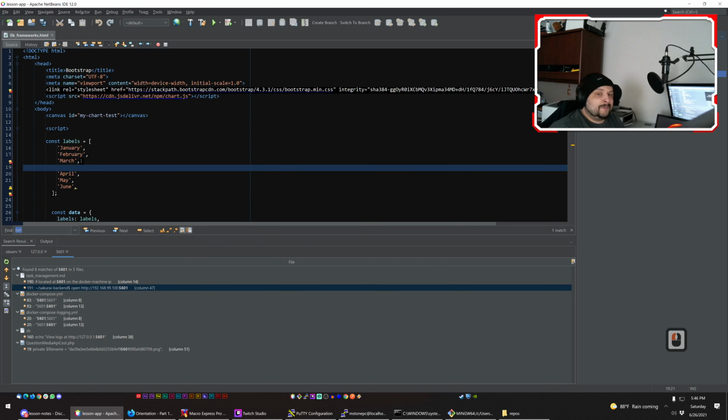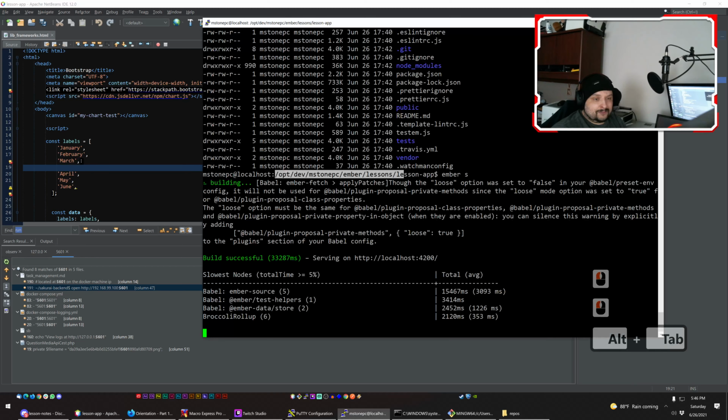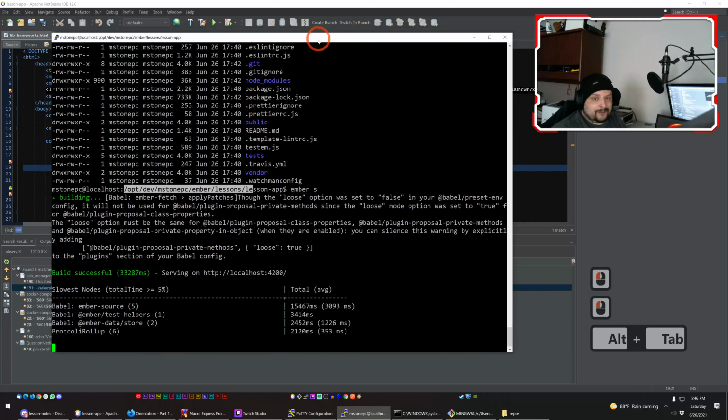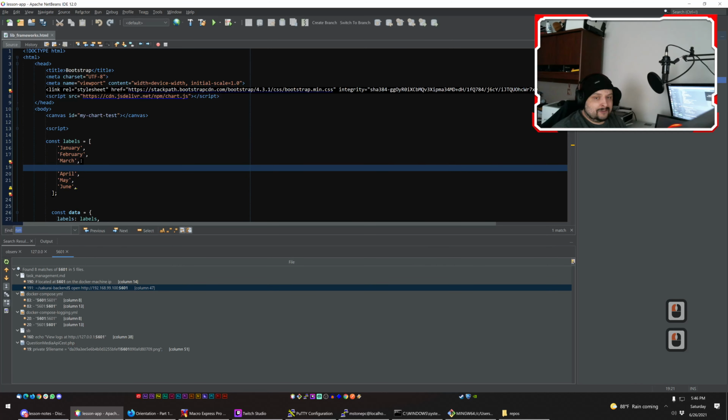Now, if you're using NetBeans for an NPM project, the next couple of steps that I'm going to go over are very important, even if you're not connecting to a server. If you're working with an Ember application or an Angular framework or whatever, any NPM application really, you're going to already have the node modules folder,